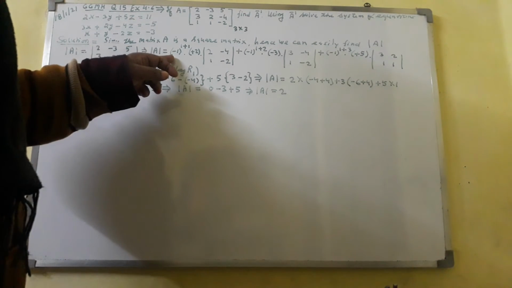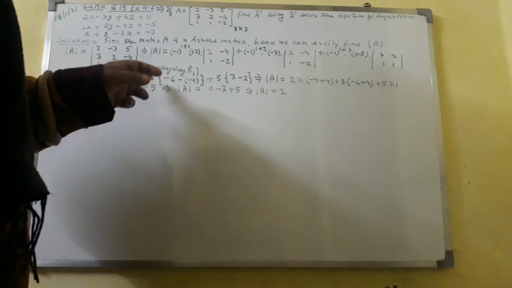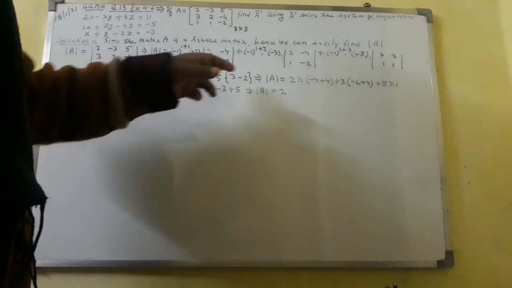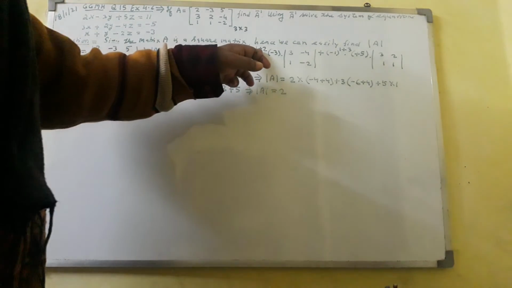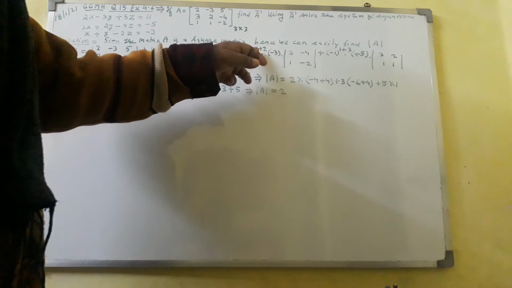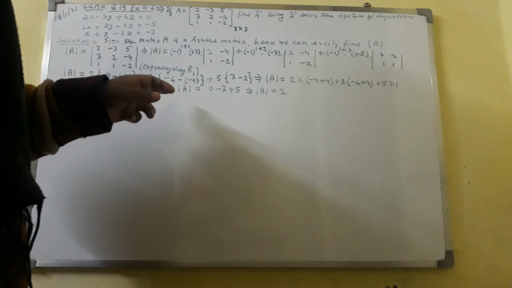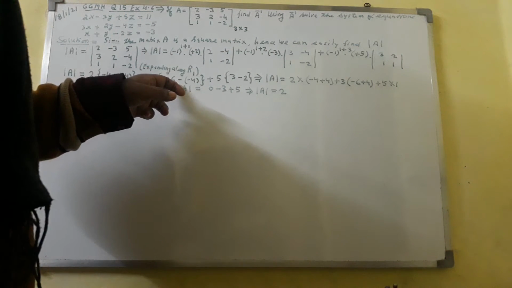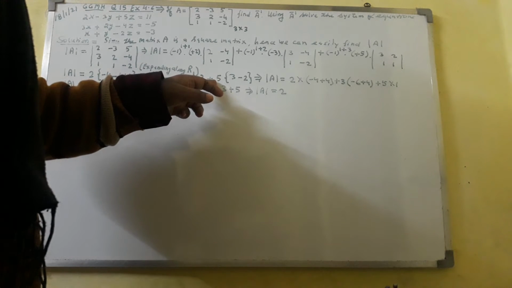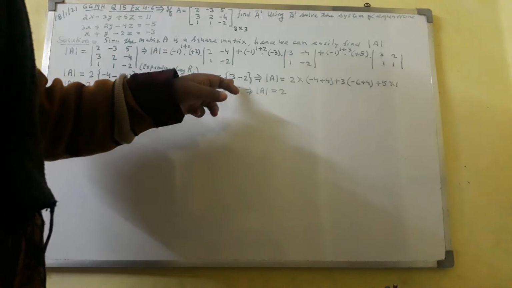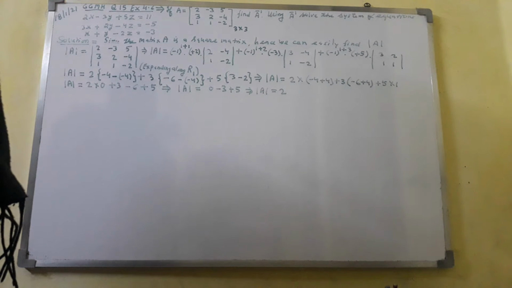Now minus 1 raised to the power 1 plus 1 plus 2. Here you have got 2 2 2 are 4 plus 4. Here you will get minus 1. So here you will get plus 3. 1 plus 2 3. So minus 1 1 you can do it 3. Here you will get minus 6 minus, and here you will get 4. 1 plus 5 and 3 minus 2 will get.